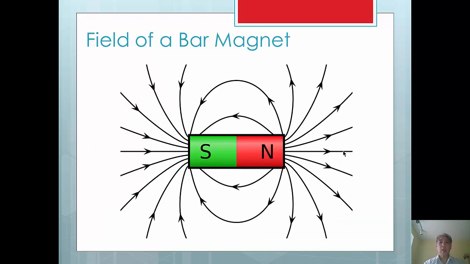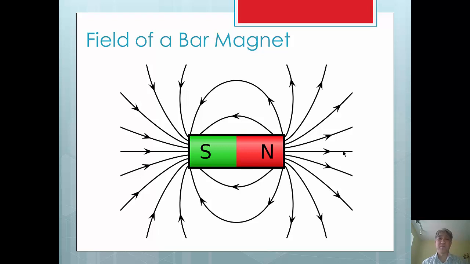When I look at the magnetic field generated from a bar magnet, I basically have the magnetic field leaving the north side of the magnet, going to the south side. This looks very similar to the picture we had for two opposite charges, positive and negative. We described this kind of like mitosis